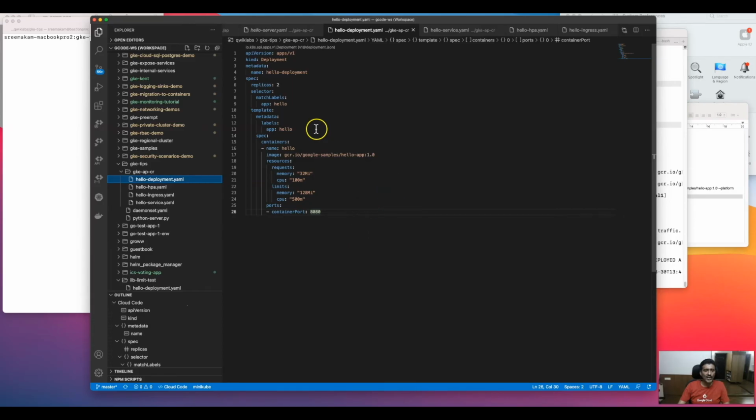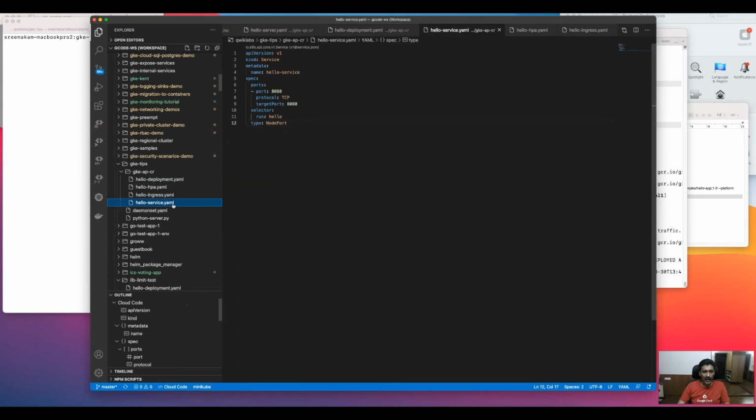Let's talk about the application that I'm going to deploy. It's a very simple hello world kind of application. Here we can see the container image, and this is going to be a standard Kubernetes manifest file. Here I have a deployment, then a service, then an ingress, and also a horizontal pod autoscaler. So we're going to deploy this service. This set of manifest files will be used for both GKE standard and Autopilot. But in the case of Cloud Run, we will directly take the container and deploy.